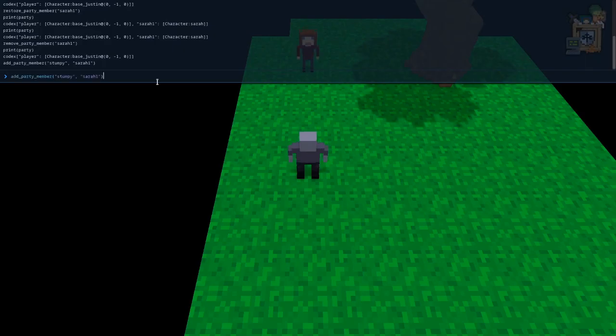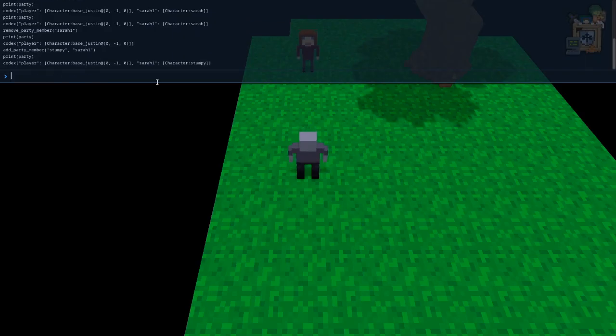Because now we've got a situation where if I print the party property, we've got a Sarah 1 member ID, but now there's a different character assigned to that member ID. And that's a problem for multiple reasons. Let's go over the first one. We've got a Sarah in memory at the moment, a benched character, which we can restore. So let's restore party member